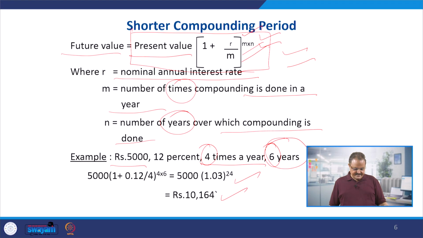So, we have seen in this case that when you are investing 5,000 rupees at the rate of 12%, and it is a compound rate of interest, compounding is being done 4 times in a year, and the time period involved is 6 years. So, within a 6 year period of time, this 5,000 rupees is going to become 10,164 rupees. This is basically the effect of compounding, the magic of compounding, and because of this effect